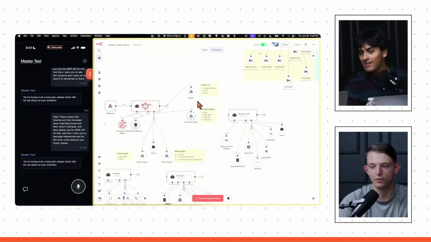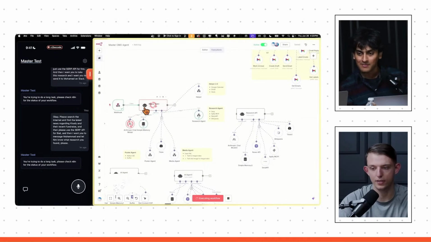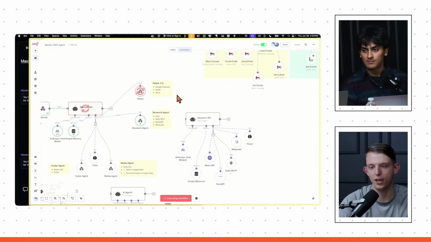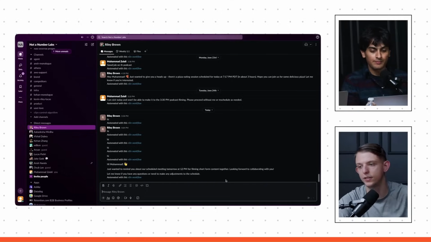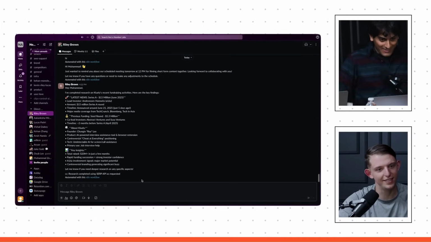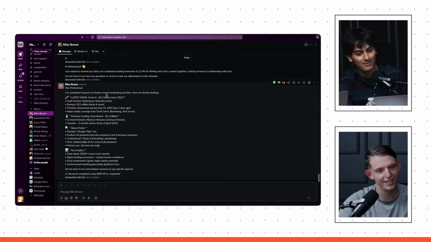What? Okay, wait. So it's done researching here. And now that it's done researching, it should send that information back to helper. Yep. So now it is in helper. And if we go to Mohammed's screen, you can see that he's on Slack. Let's see if he gets it. Oh. Okay. All right. So what does it say? Mohammed just got a message. Complete research on Cluely with a K. Recent fundraising activities. Here are the key findings. They did raise $15 million. That's true. All right. So it did research on Cluely, used the SERP API, and it sent it over.